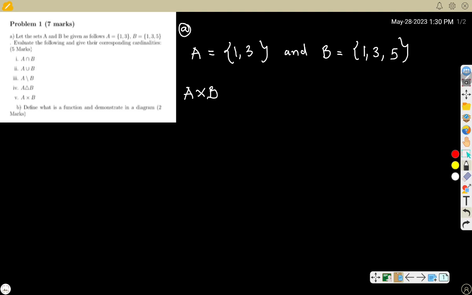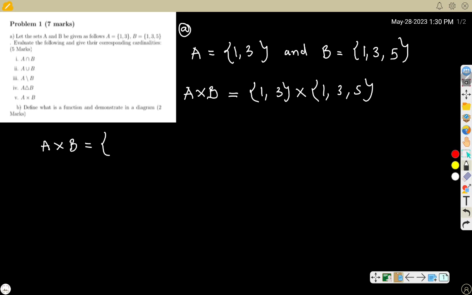So what is this A times B in set notation? It means Cartesian product of two sets. So see the way we are going to have it. So {1, 3} times {1, 3, 5}. So the Cartesian product is,